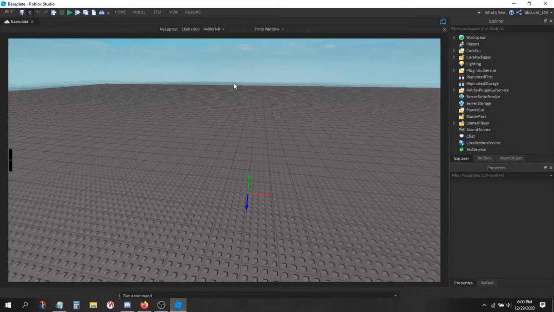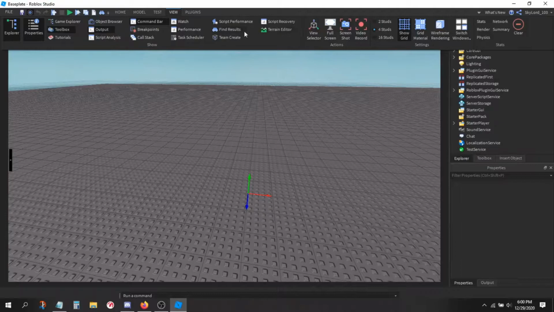But if you don't have the Explorer or Properties open, what you're gonna do is go up here, about the top middle. There's gonna be a button, View. You're gonna click that, and these are right here. These are all things that you're gonna be able to view. So these two right here, Explorer and Properties, if you watch right here, when I click it, it hides it. But if they're deselected and they don't have this outline around them, make sure to select them to open them. And then once we have those open,